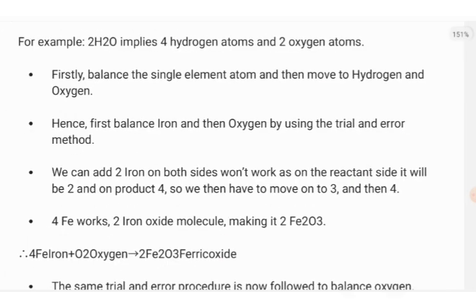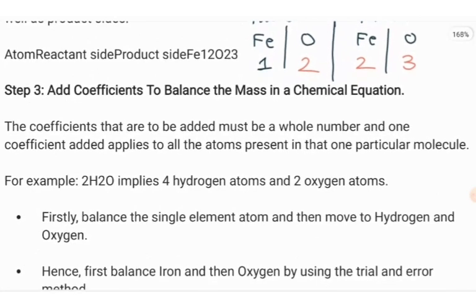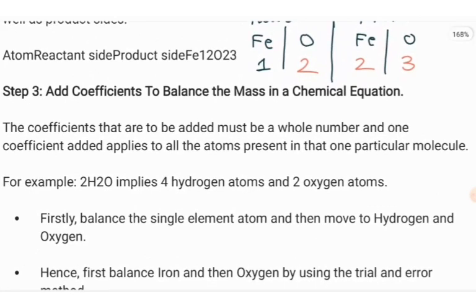Further on we have to add the coefficients to balance the mass in a chemical equation. The coefficient that is to be added must be a whole number. It cannot be a decimal, it cannot be a fraction. Most of the time it should be a whole number. And one coefficient added applies to all the atoms present in